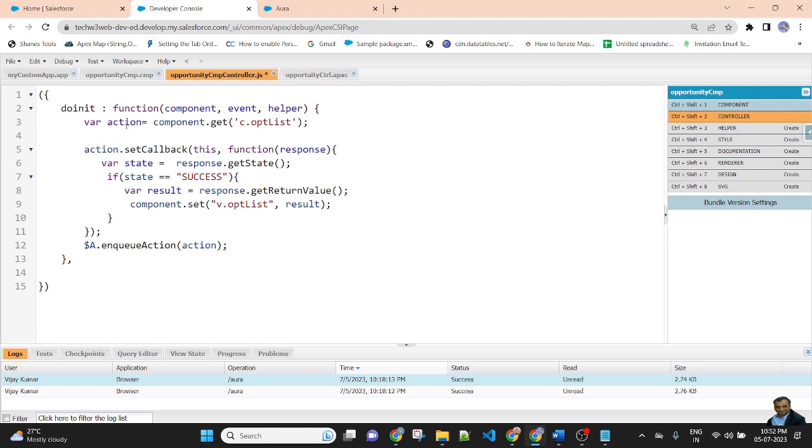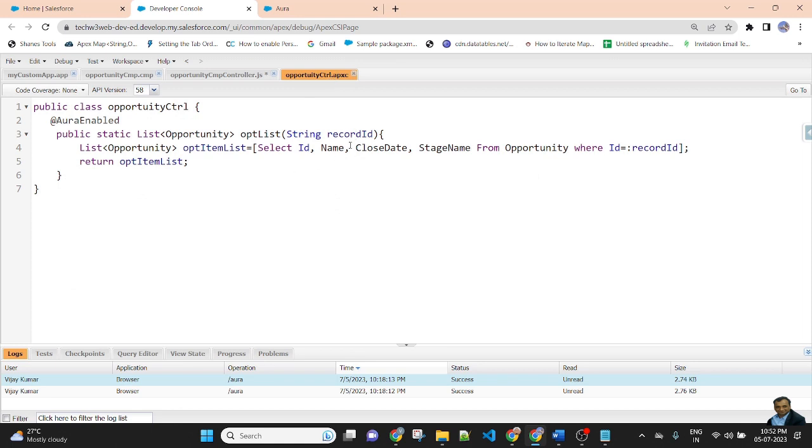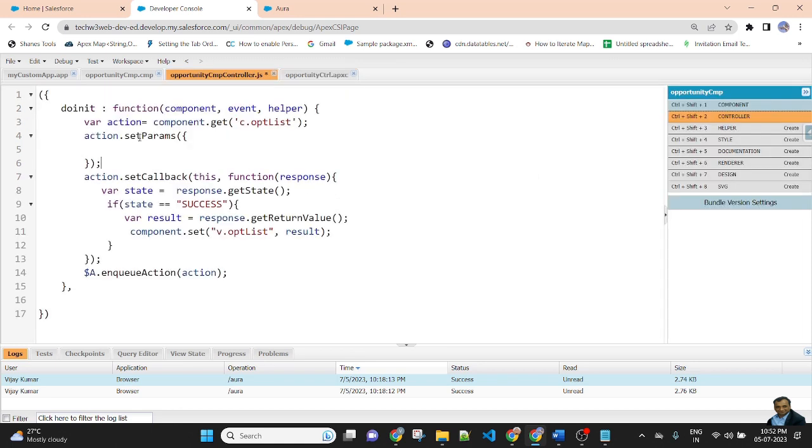So action dot setParams in curly brackets. The parameter is recordId in double quotes, colon, and component dot get v dot recordId.